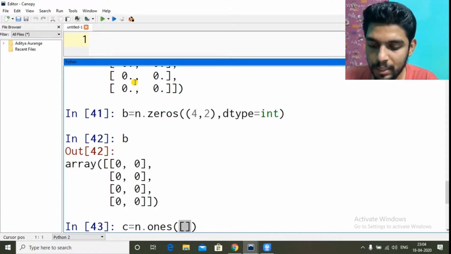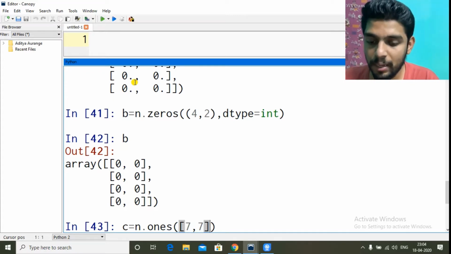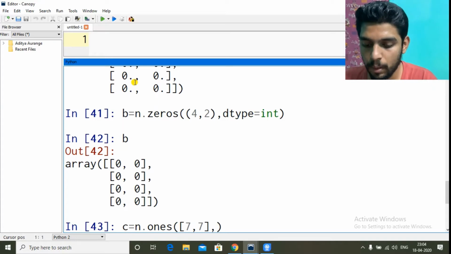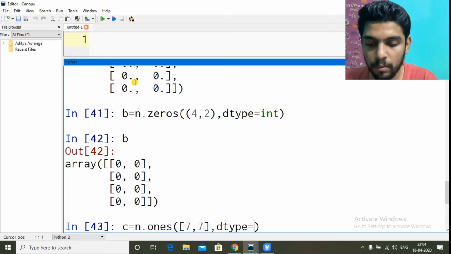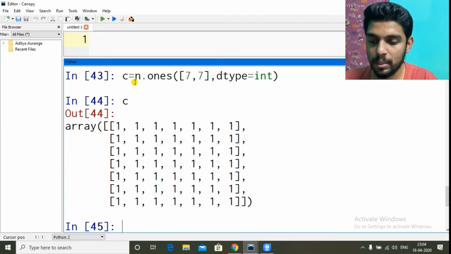So let's say 7, 7. Huge. We can create it manually, but why? We can create it using one line. And data type equal to integer. Okay, enter. Now if we display c, it is a 7 by 7 array of all elements having value as 1.